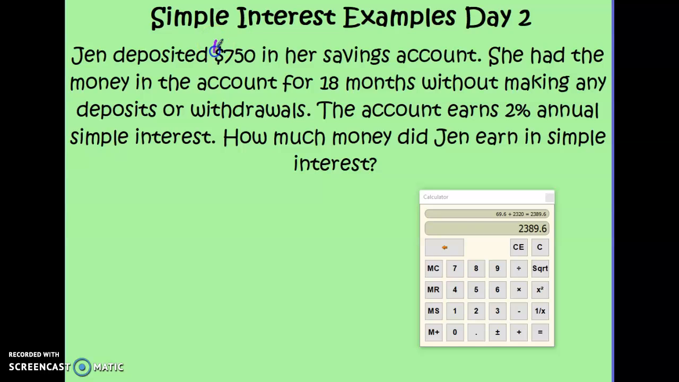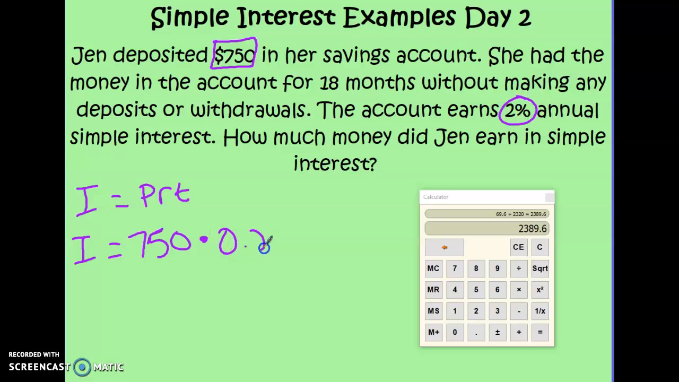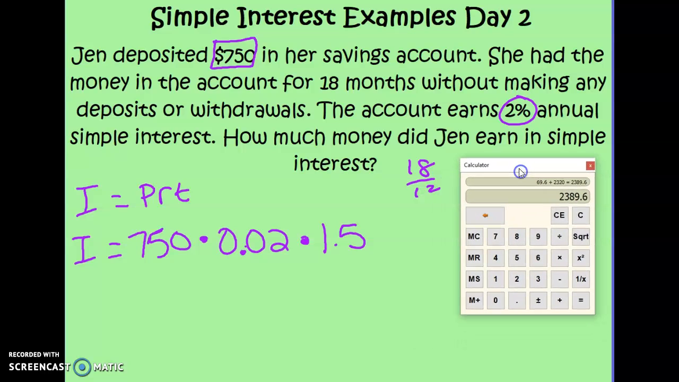Okay, so again, this is how much she's putting in. Principal times rate times time. $750. Our rate is here, 2%. And our time is 18 months. Again, we just figured that to be 1.5. If you don't remember, just take 18, the number of months, and divide by 12, which is the total number per year. Okay. So now I'm just multiplying out